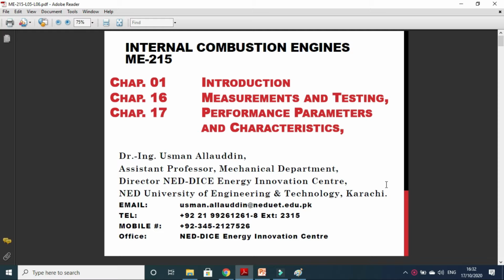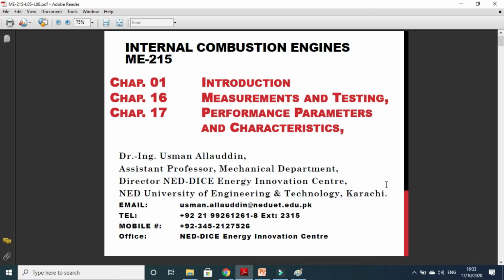As you remember, in the last lecture, we discussed a few parameters with which we can determine the performance of an internal combustion engine, like indicated thermal efficiency, brake thermal efficiency, specific fuel consumption, mechanical efficiency, relative efficiency, mean piston speed, equivalence ratio. So these were a few parameters we discussed in detail. We discussed the theory of these parameters and we also discussed the formulas for these parameters.